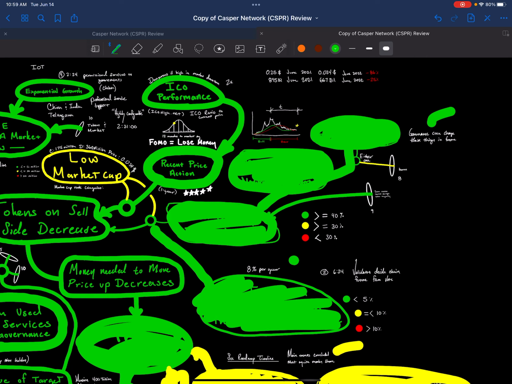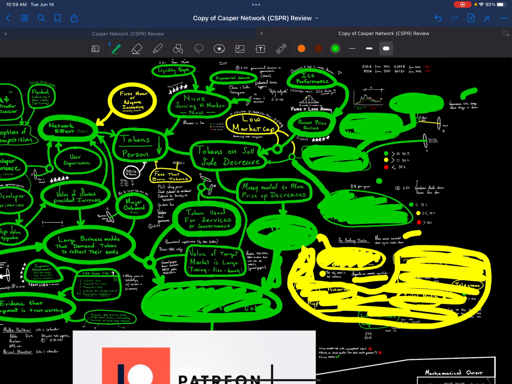Governance can change many of these things in the future because the validators can correlate around an idea and change the protocol as they wish. They have to be token holders in order to do that. So token holders are represented in this protocol. The income from this does go to token holders, and it is a PDE expected from that.